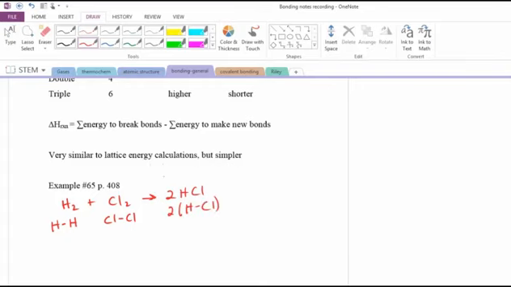So, energy to break bonds. Well, these need to break so that we can make new bonds. So in order to figure this out, we need a chart because we have to look up the energy that is required to do these. So we consult a table,